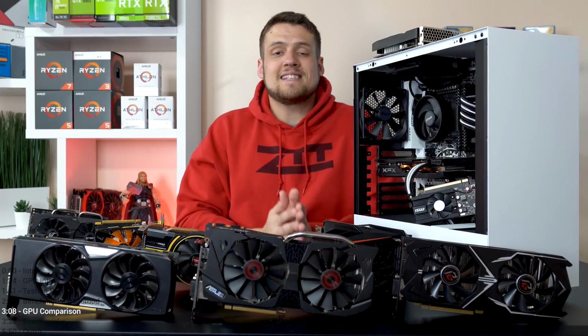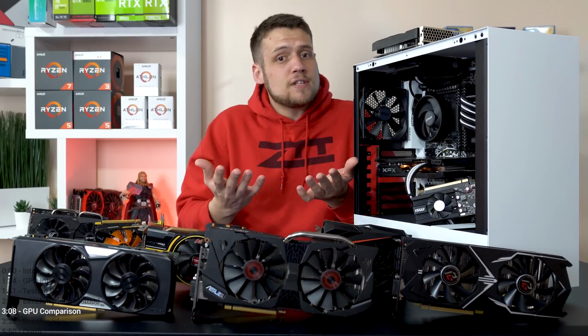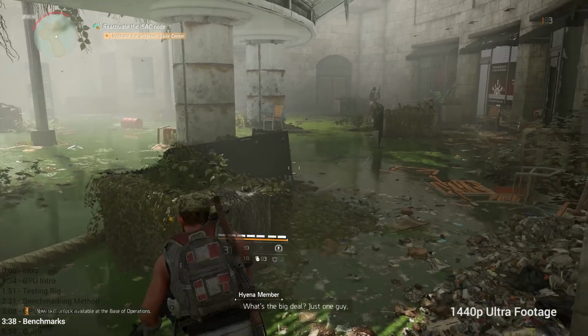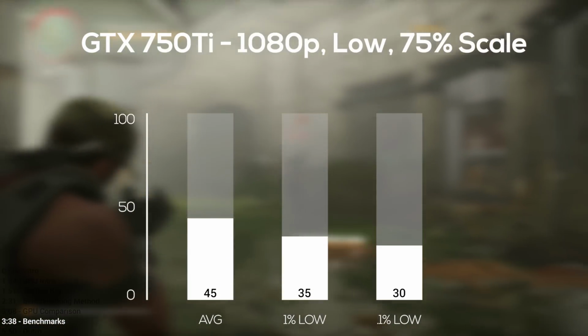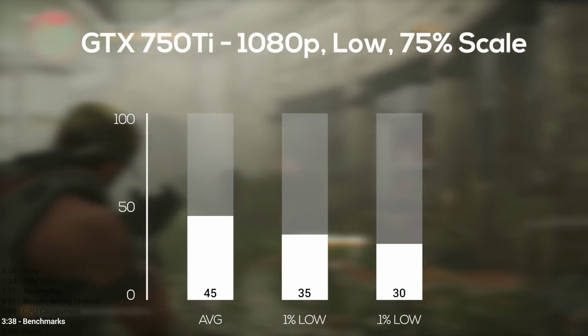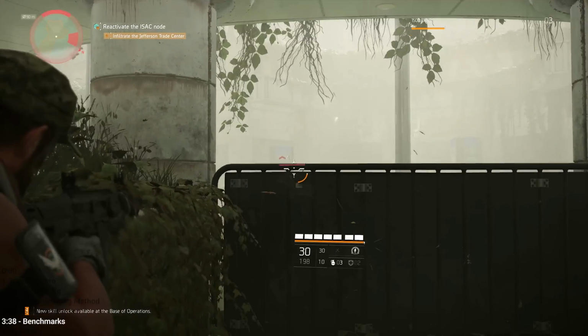Just remember that the settings that you're about to see for each of these cards are the settings that I would personally recommend, but you can obviously tweak those to your liking. Starting with the NVIDIA cards, the first card up was the GTX 750 Ti, and in 1080p with low settings, but with the scale set to 75%, here I averaged 45 frames per second. Usually I aim for 50 FPS, but in my opinion, it wasn't worth lowering to 720p because this was smooth